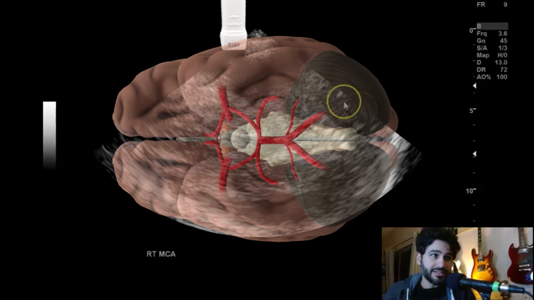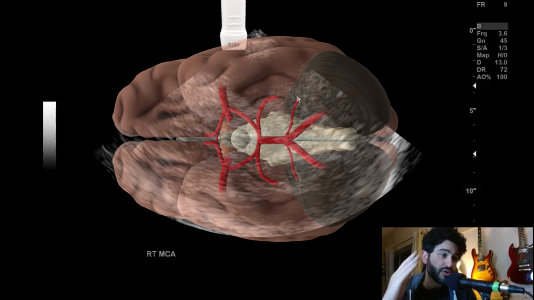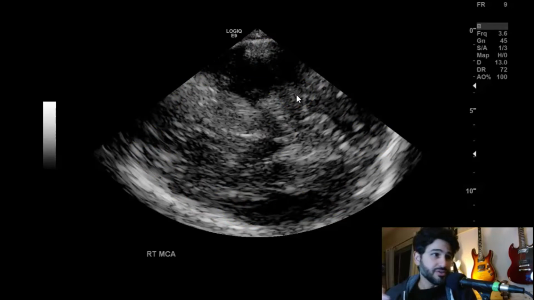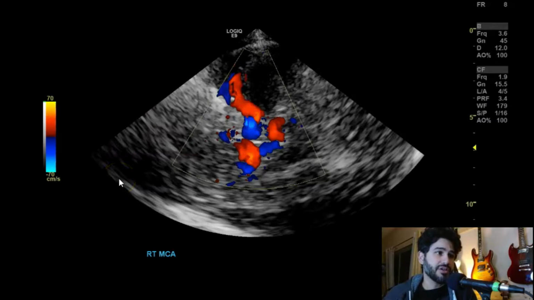And I like to take a grayscale image of just the cerebral structures. Now at 2 to 3 megahertz, I'm at 3.6 megahertz. You're not going to get much resolution of cerebral structures, but it's nice to just take a grayscale image. If there was a mass or something there, you would be able to see if there's potentially a midline shift, because you can see the interhemispheric fissure here, thalamus around there, and then I add the color Doppler,